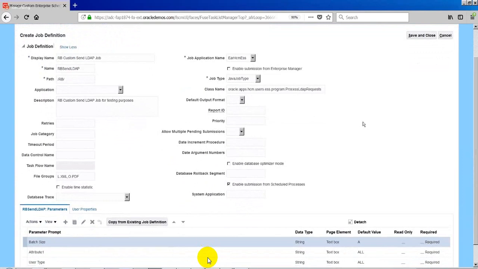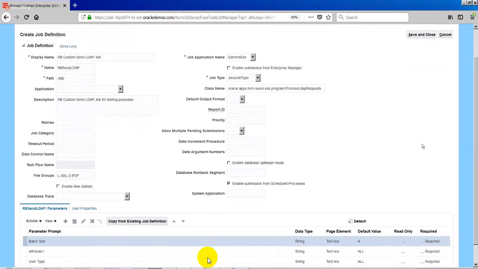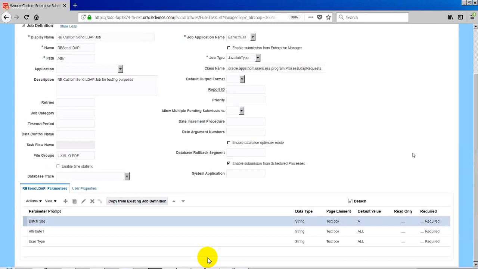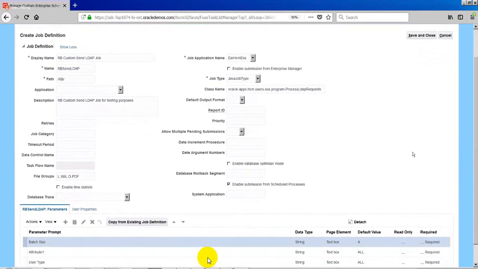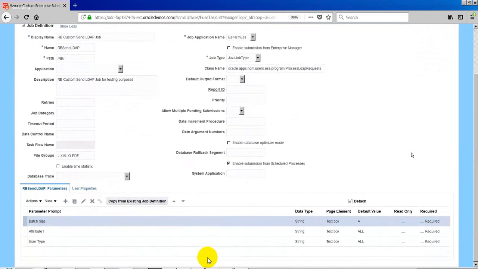Yes, exactly. Whatever we are defining here, there is no sense in creating it in SaaS. This will come into the picture in PaaS only, if I'm not wrong. The only thing you have is to use the seeded Oracle jobs and schedule those jobs. That's the only functionality you have. Yes, and we have one more functionality.